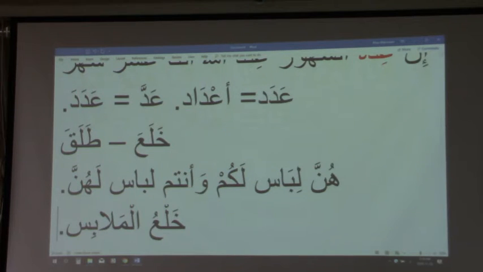So to answer the brother's question about khula'. Like a man has the power of talaq, a woman has the power of khul'. We look at a few things: clothing, food, education. There are certain rights. Is he fulfilling your rights? A, B, C, and D. If not, you can ask for your khul'. And in return for khul', whatever he gave you, you give it back to him.